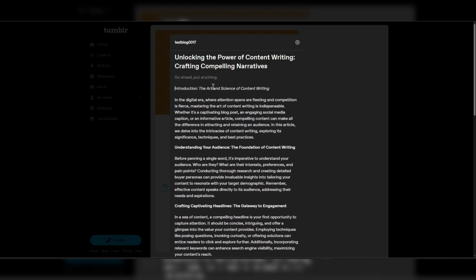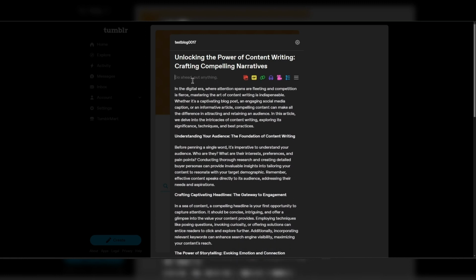Now format the article. You can add images and videos.